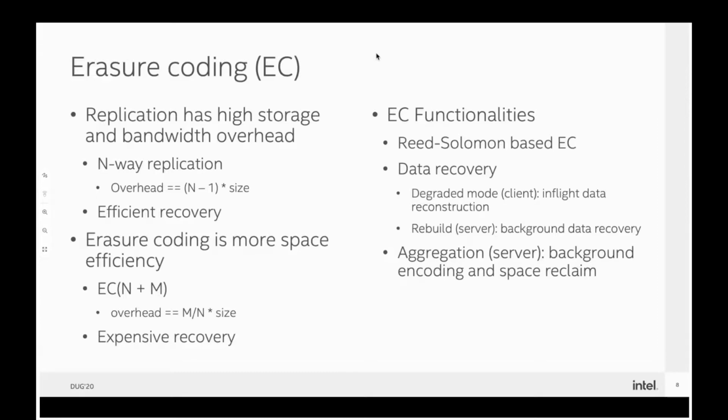replication has minimum performance impact on the application. This is because the application only needs to send I/O to a different replica for the read. However, the major issue of replication is that the write bandwidth consumption is high and the capacity overhead is high as well. This is because of the nature of replication, right? If the number of replicas is n, then we have to write n times the actual data set size.